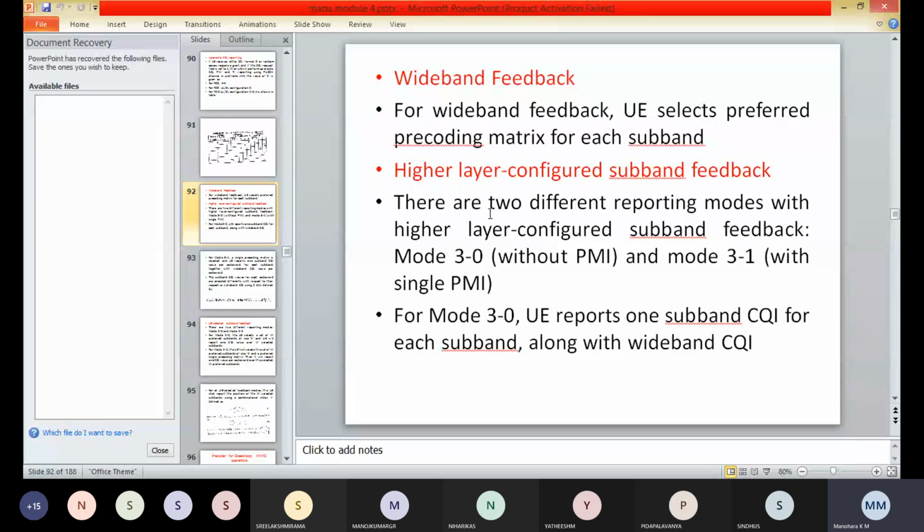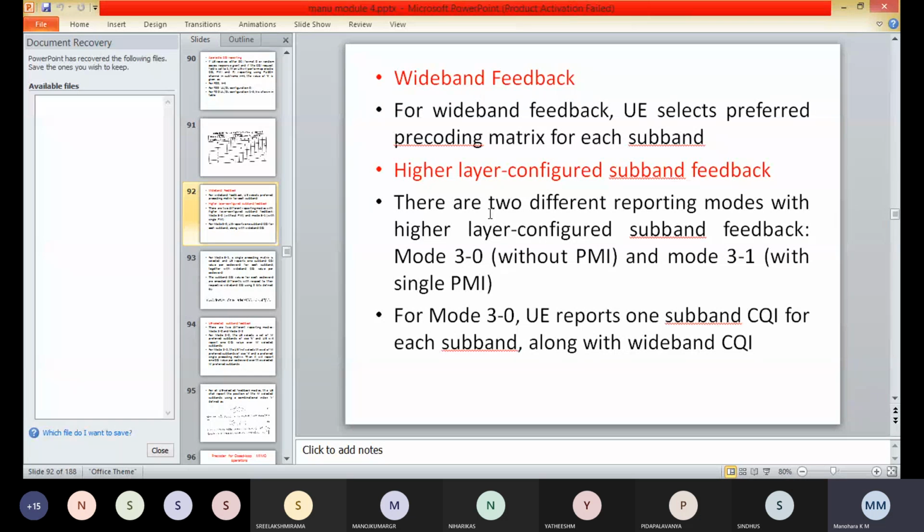First, we have the wideband feedback. Here the user equipment selects a preferred precoding matrix for each subband by assuming transmission only in that subband.